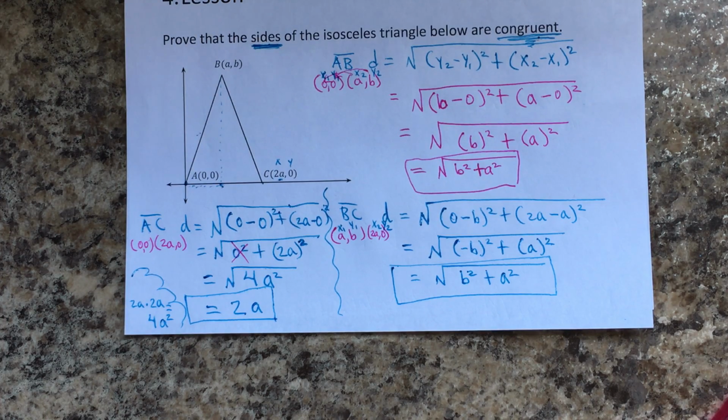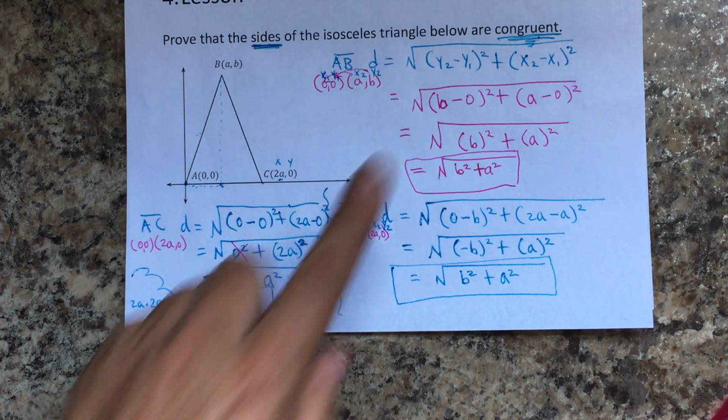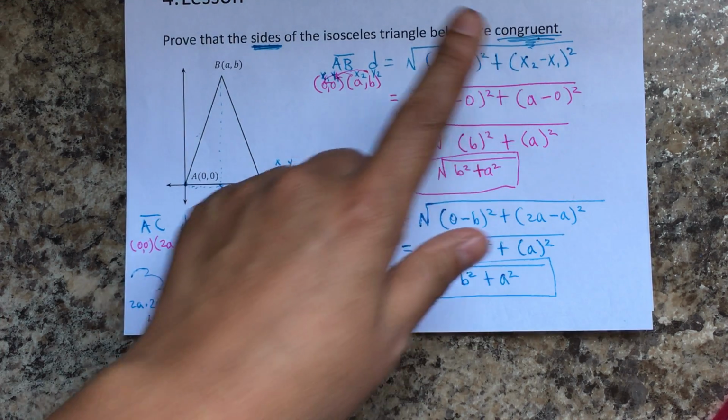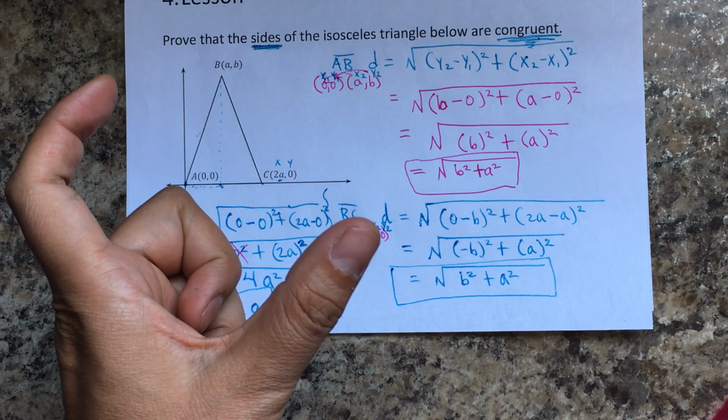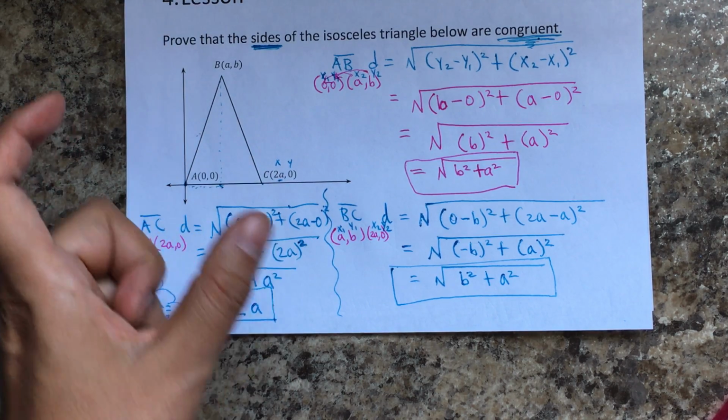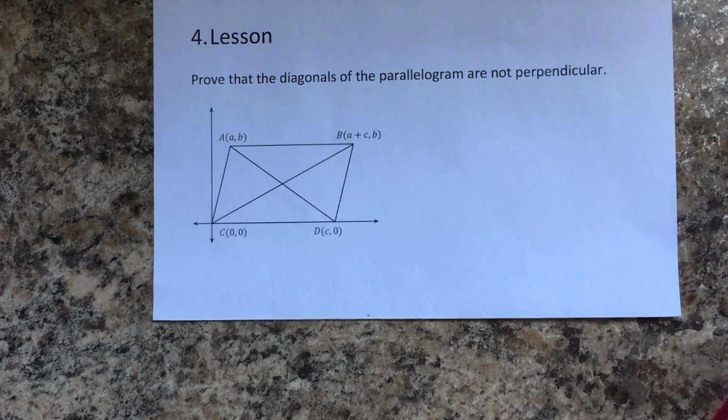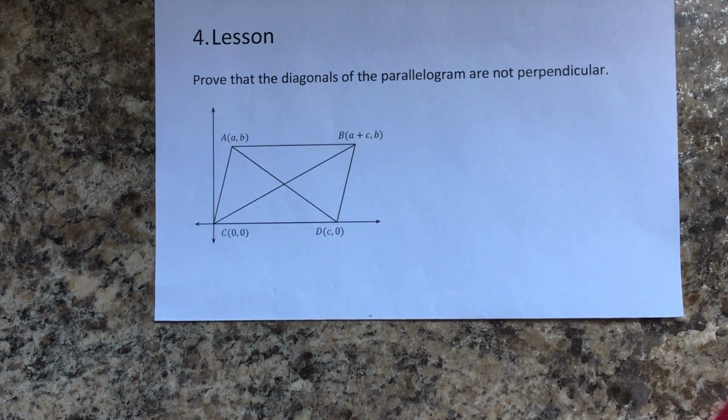Okay, let's do a different exercise. Remember, congruent means they have the same measurement, the same distance, so you're using the distance formula. Okay, now in here, we're looking at,